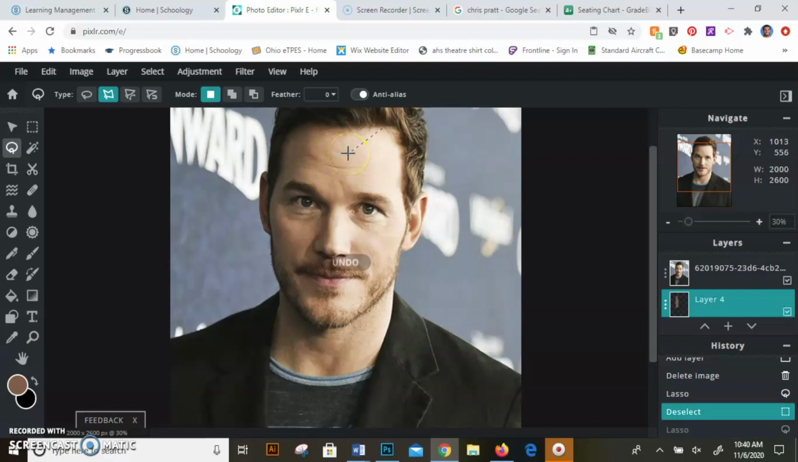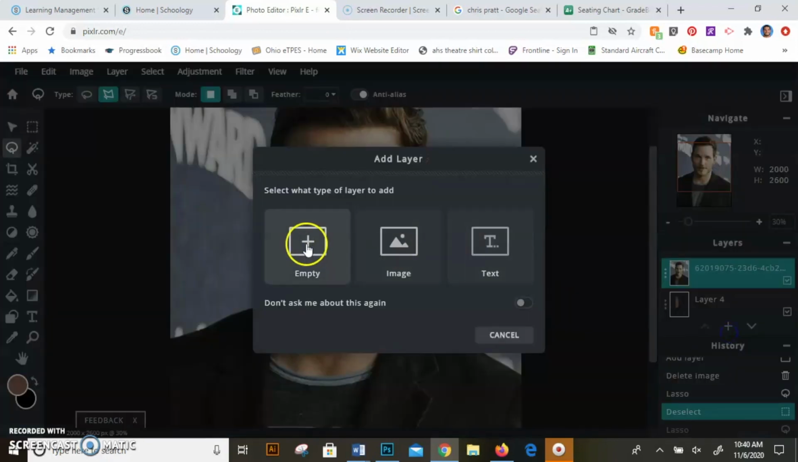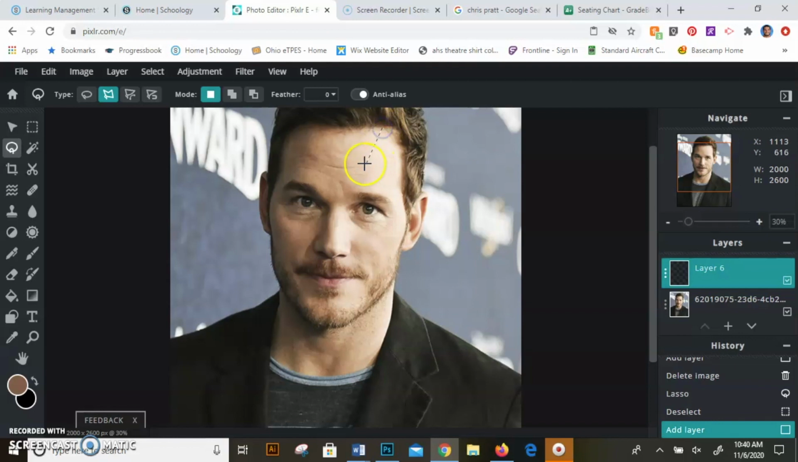Oops. You'll find that Pixlr is a little bit more frustrating than Photoshop. There's a reason why it is free. But, you know, when you're at home and you got nothing else to do,